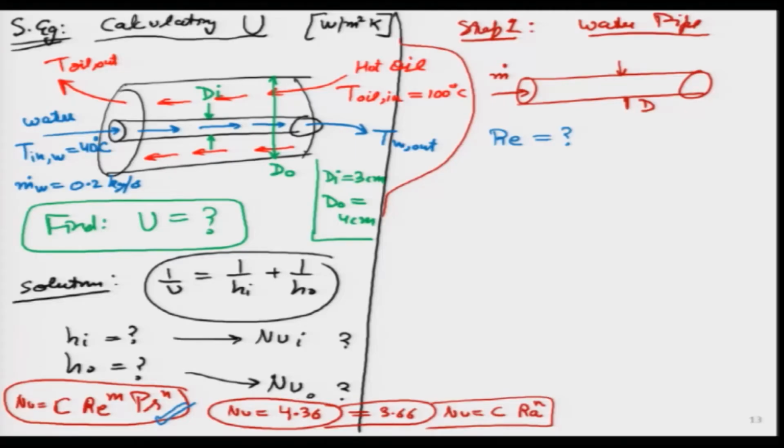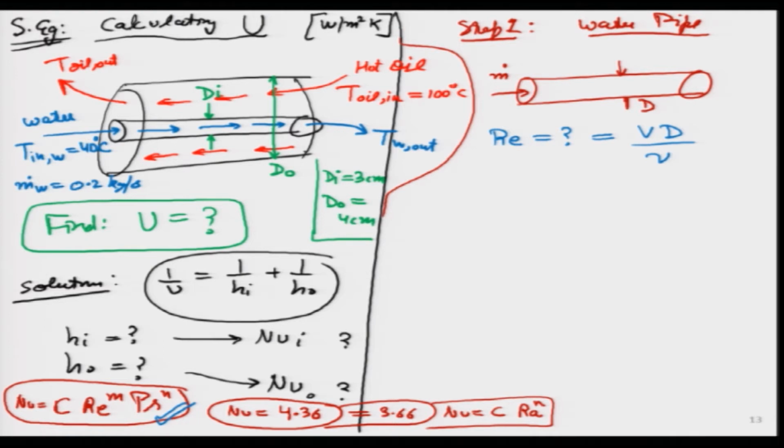If it is taking place in a pipe, and the Reynolds number is very low, 100, 200, then I know it is laminar flow. If it is 5,000, 10,000, 50,000, I immediately know it is turbulent flow. Then I can figure out what type of correlations to apply, what is the value of m and n and all those things. So, Reynolds number, I think we all remember, in the pipe is the average velocity multiplied by diameter divided by nu. I do not know the velocity, I have the diameter, I do not know nu.